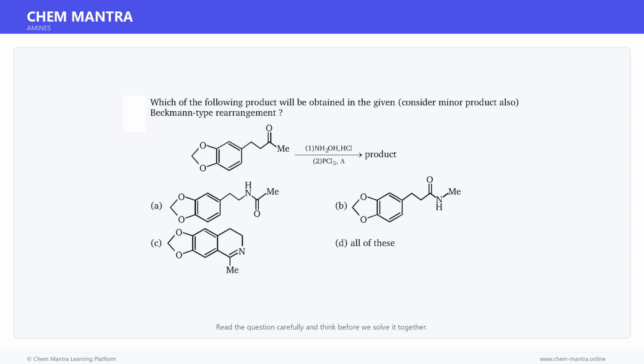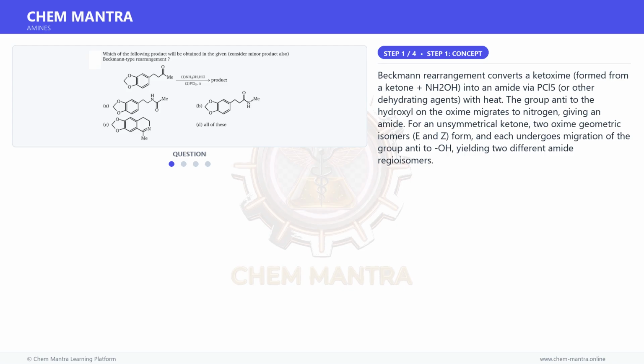Here is a question. Read it carefully and think about the answer. Let us solve it step by step. Let us first understand the key concept here. Beckmann rearrangement converts a ketoxime, formed from a ketone plus NH2OH, into an amide via PCl5 or other dehydrating agents